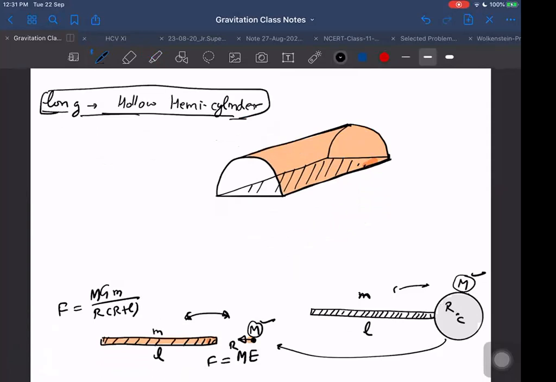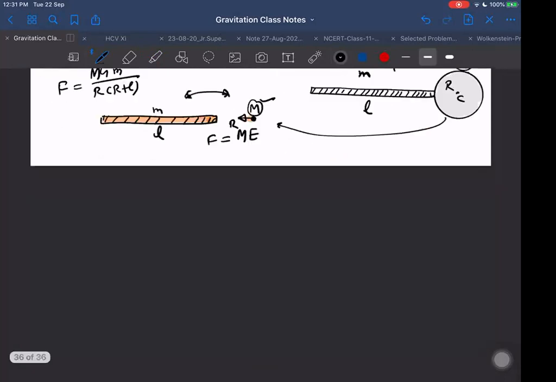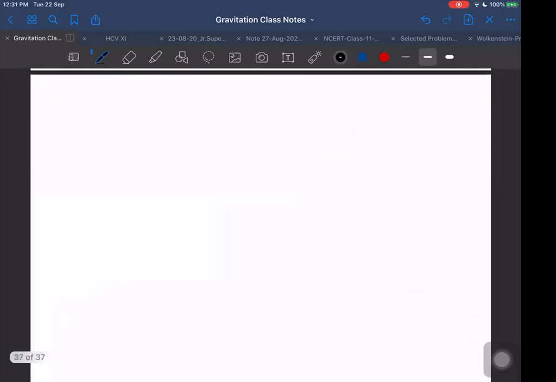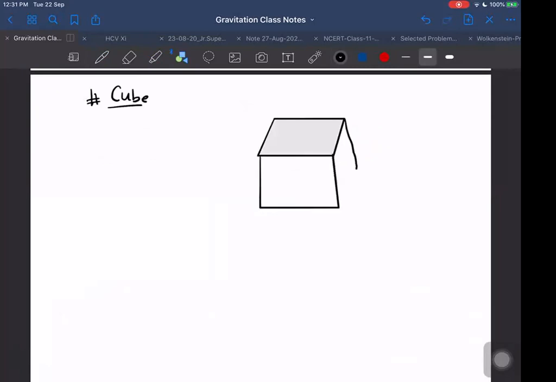Do that. After that, one more thing is there. I think there are still cases pending. This one is from Pathfinder, which I am taking above, and one is of a cube. If I have a cube here, that is also from Pathfinder, I think from 200 Puzzling Problems in Physics. If I have a hollow cube, I want to find out the force acting on one face due to the other 5 faces.